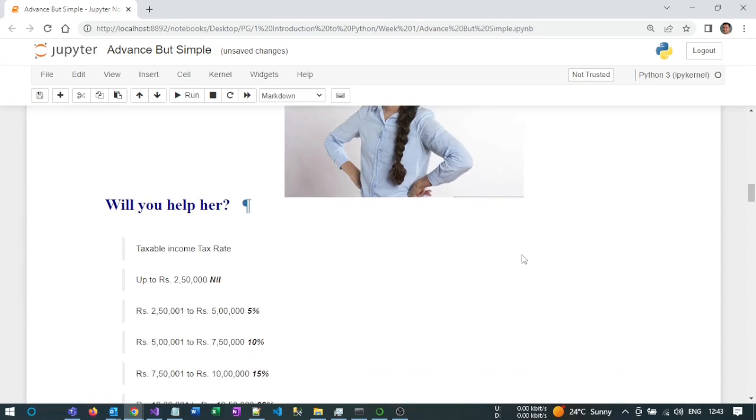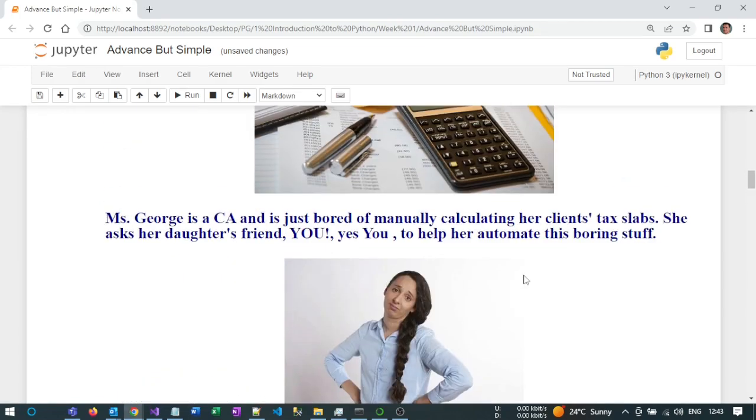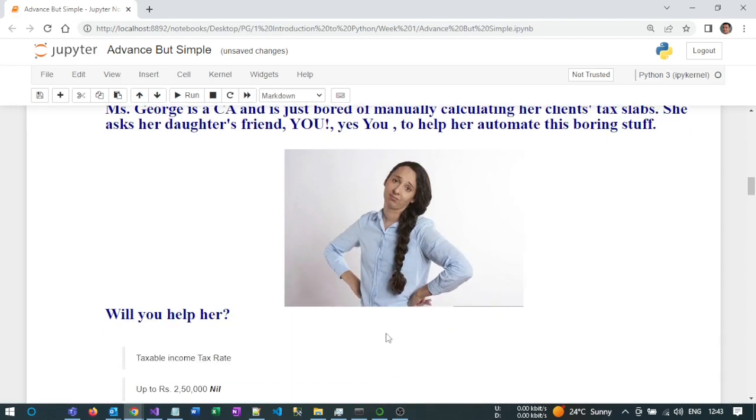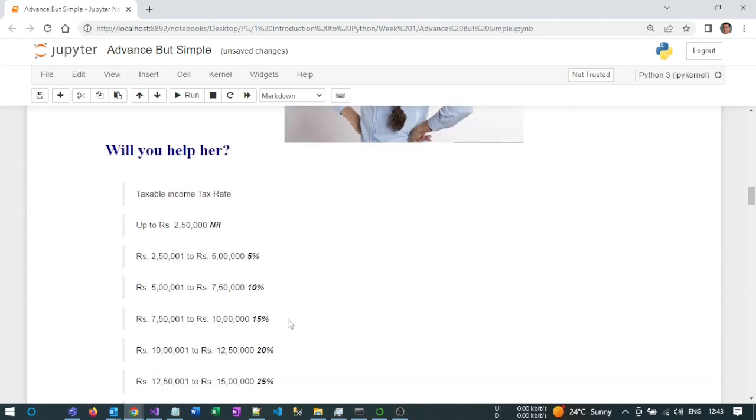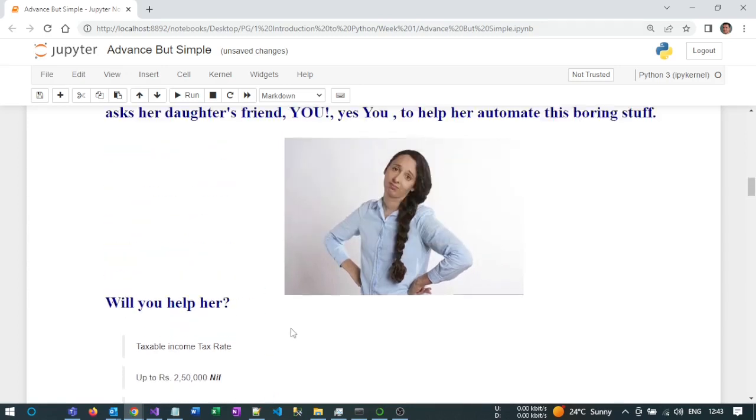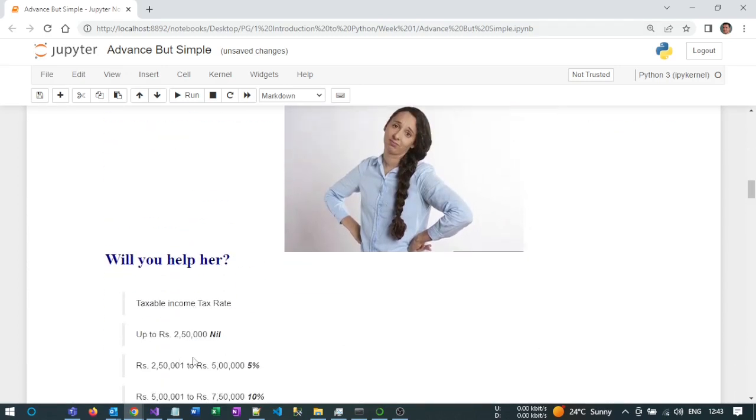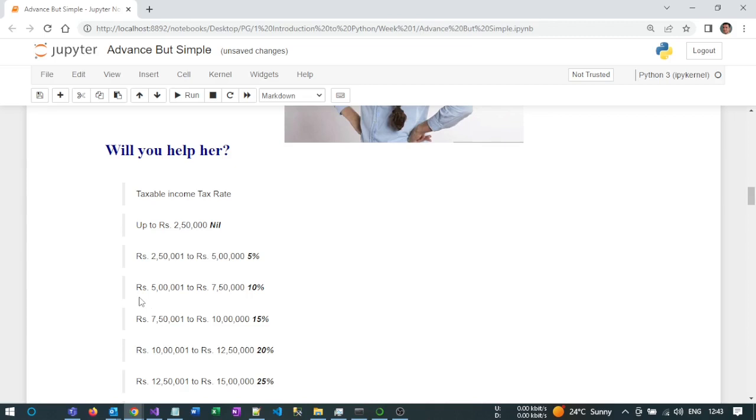So as a programmer, what we'll do is first understand how to frame that problem statement into a structure. Once the problem statement is structured, then we can take the decision and make a program for that. So in tax slabs, we will get the information that if there is an income of 2.5 lakh,